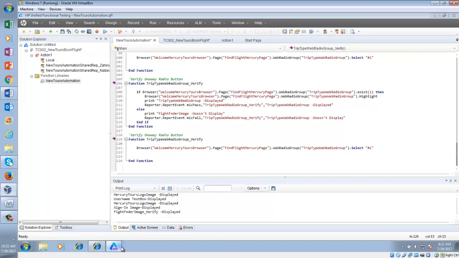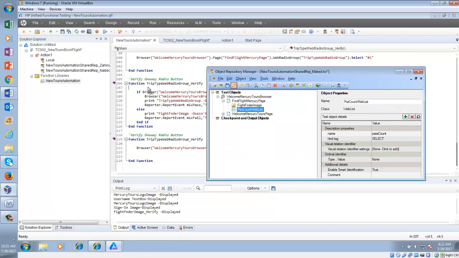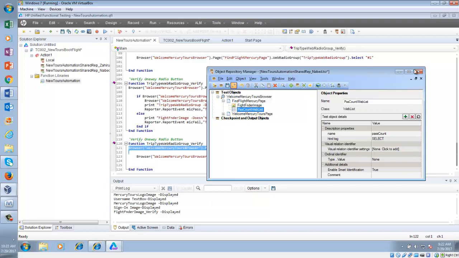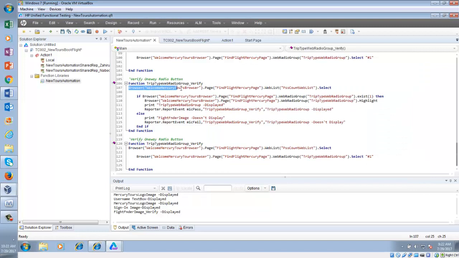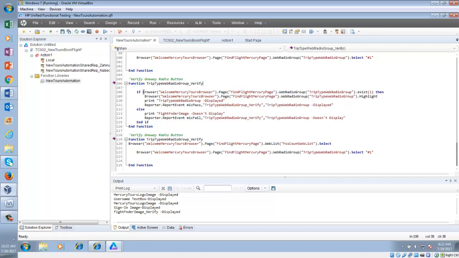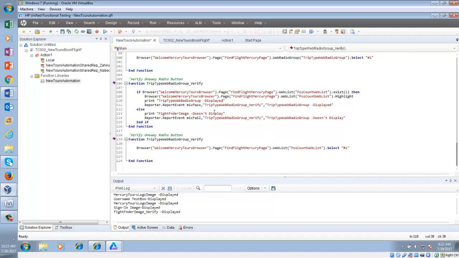So here what we are going to do, we are going to bring this object here, and then so what I'm going to do here, passenger web list displayed.